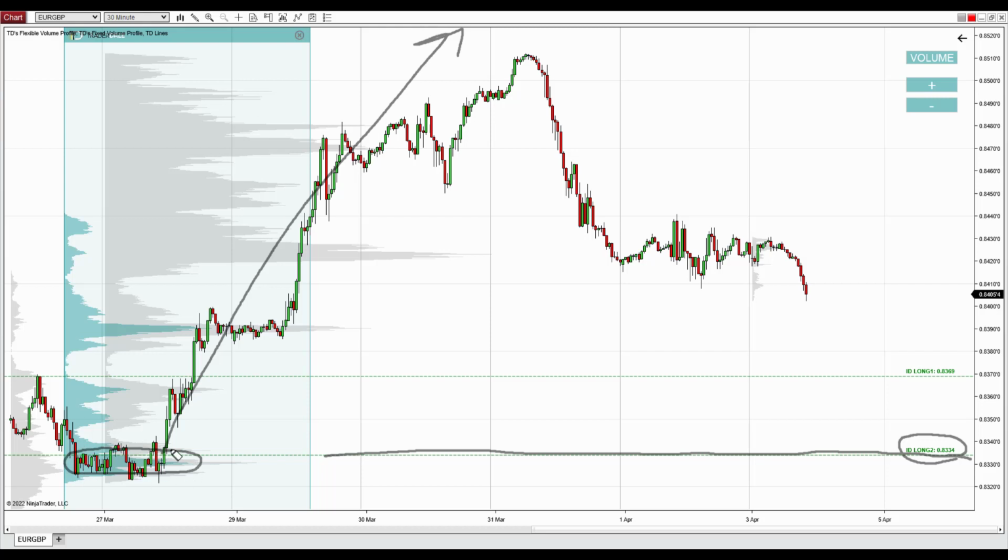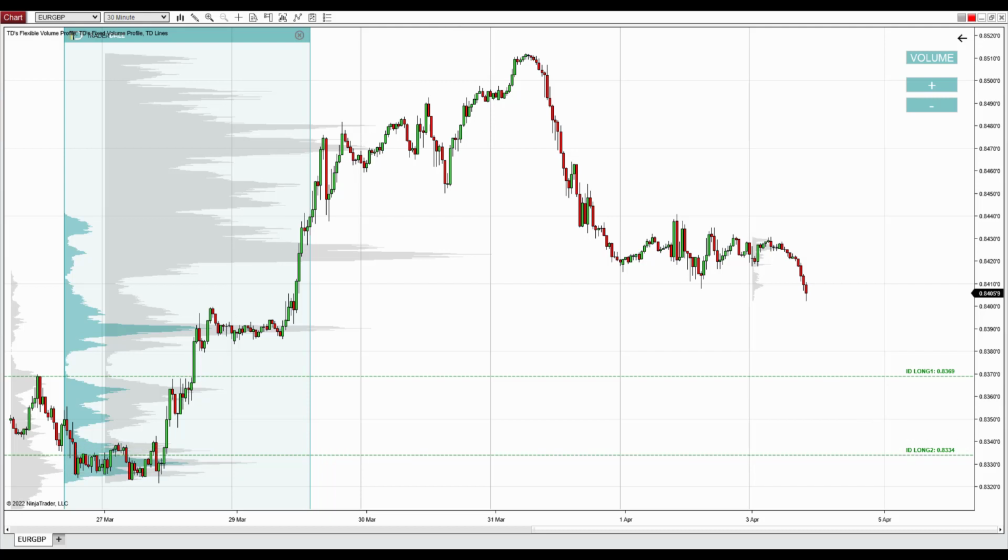So this is a significant zone, and when the price makes a pullback there, it's likely that the strong institutional buyers from this place will want to defend this heavy volume zone and push the price upwards from there again. Right? Now, you may have noticed that there is also another significant volume area in here,